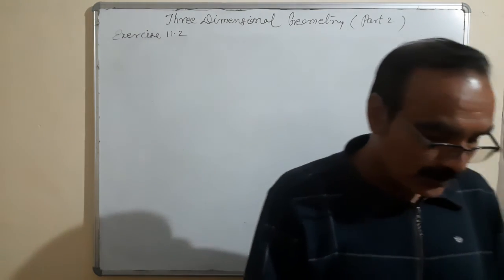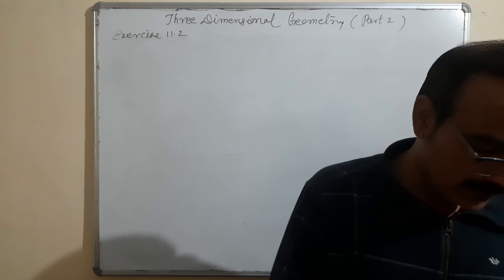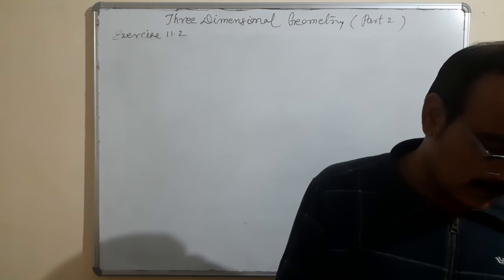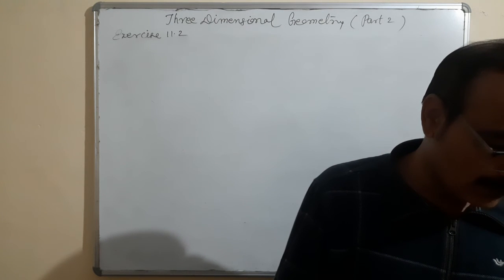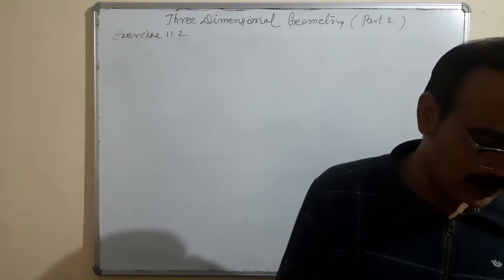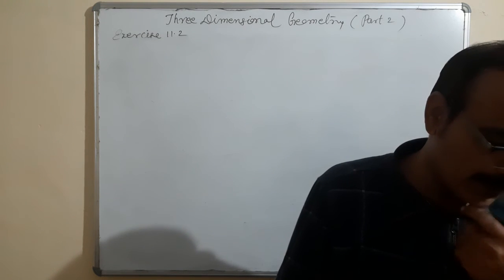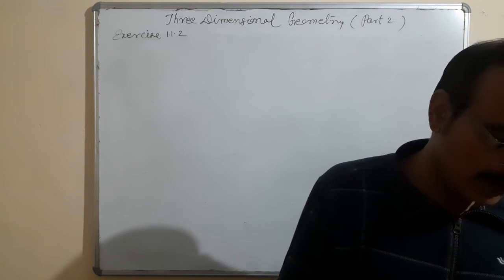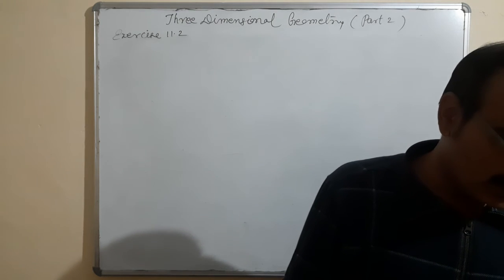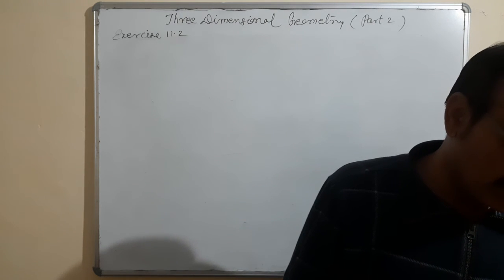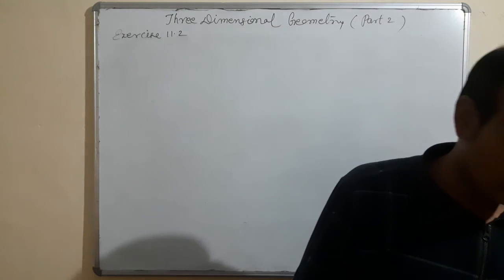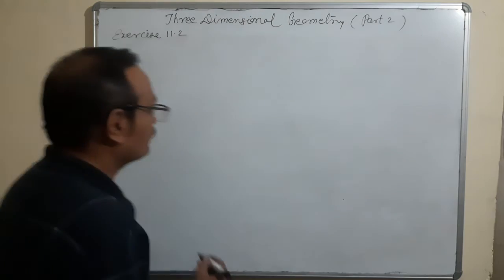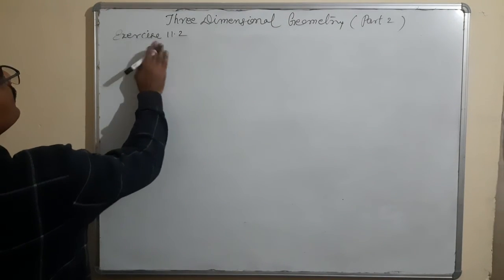Out of these 4 questions, 14, 15, 16 and 17, I want to take the most difficult one. I want to take question number 17, in which the lines are not given in the standard form. By the way, the procedure is the same for all. So out of these 4 questions I am taking the 17th.